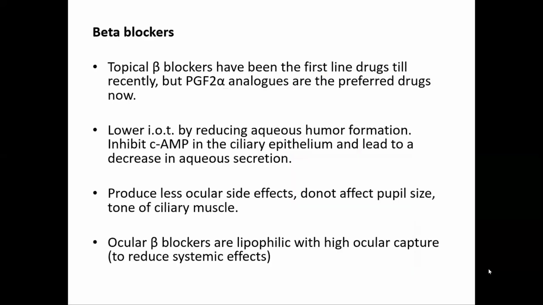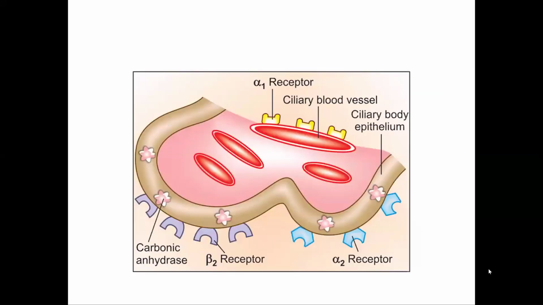Now moving towards the first drug for the treatment of wide-angle or open-angle glaucoma, the beta blockers. You can see here the presence of beta-2 receptors on the ciliary epithelium. What does it do when these beta-2 receptors are stimulated? It increases the production of the aqueous humor. When the beta-2 receptors present on the ciliary epithelium are stimulated, it results in an increase